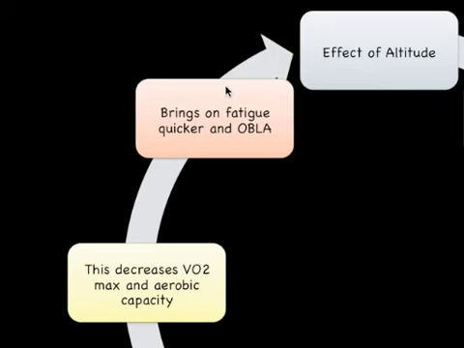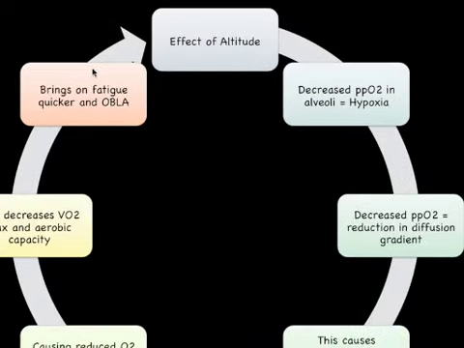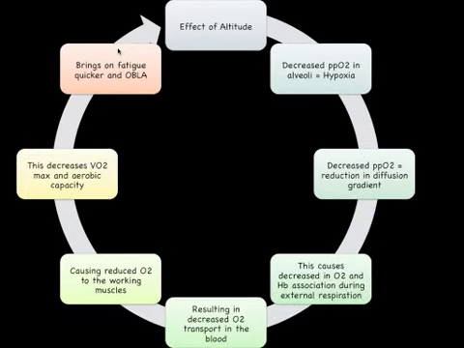tired very quickly, and OBLA, the onset of blood lactic accumulation, will start to happen faster, because if you think about sprinting at sea level, so where we are at the moment, Brighton, you might be able to sprint for up to about 2 minutes before your muscles will get cramp. Now, because we haven't got any oxygen in the air, what will now happen is your 2-minute window until you get cramp will be reduced significantly. It could be up to 1 minute before you start to get cramp, because there's not enough oxygen to remove those lactic acid levels, and therefore your overall performance will reduce at altitude.